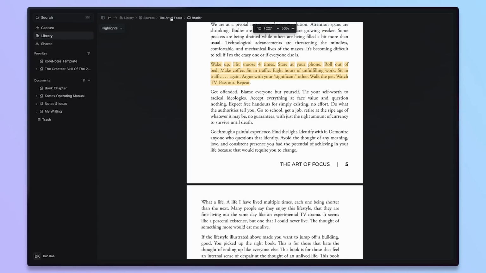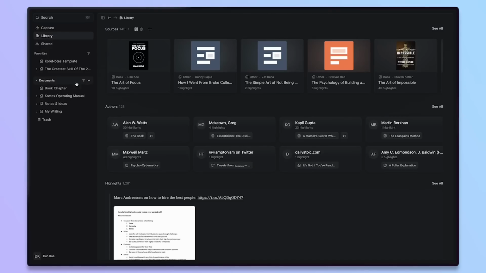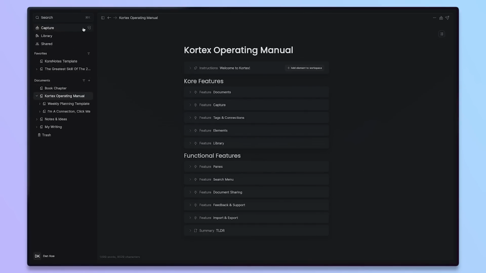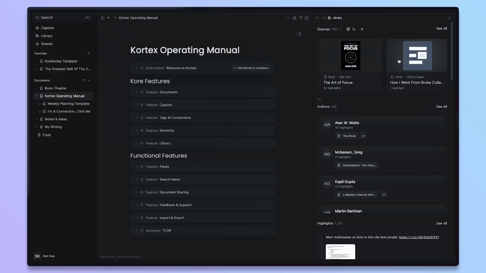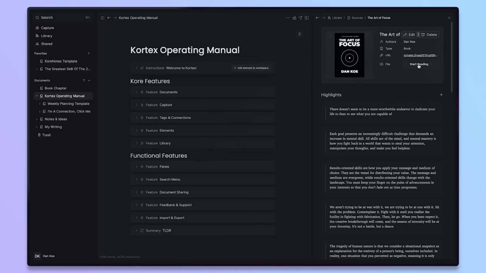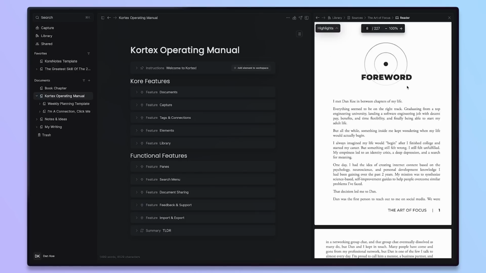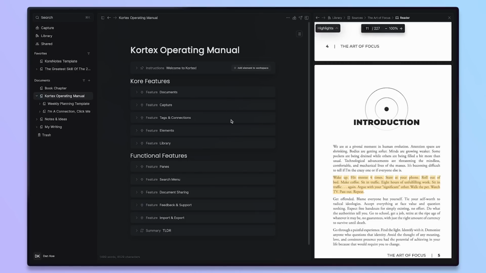So the cool thing about this is that I can open this in a pane while reading. So if I go back to Kortex operating manual, close this out, and I go open library in a pane, go to The Art of Focus, start reading, I can have this open in the side